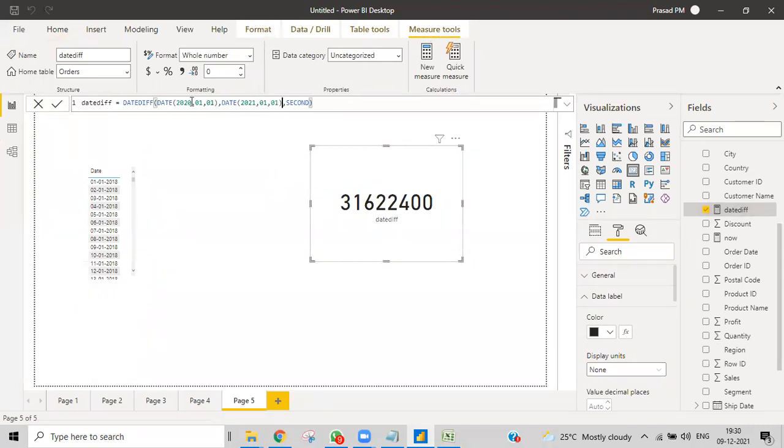I want to check how many weeks there are between today and 90 days from today. That is a scenario.